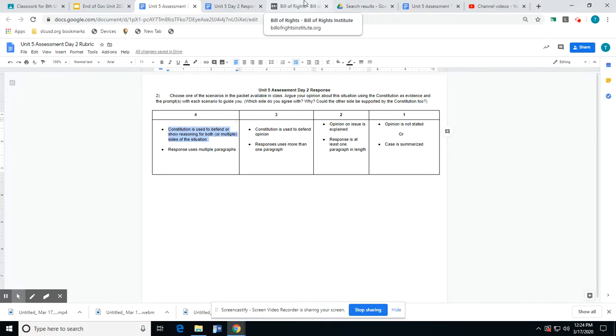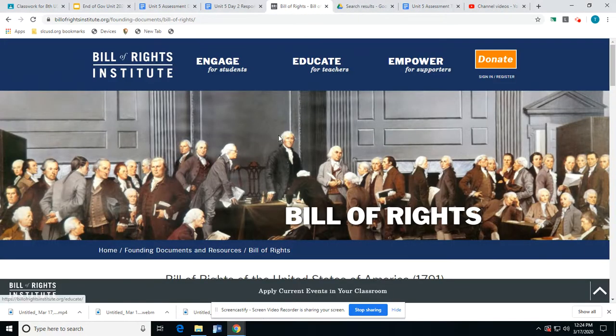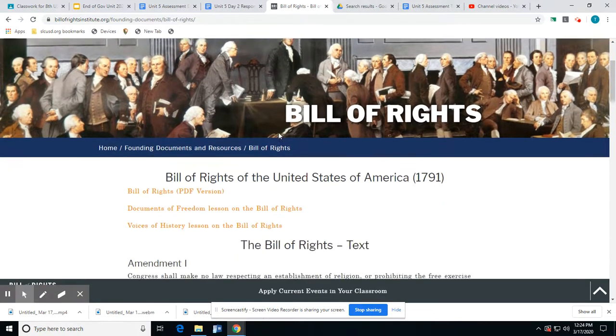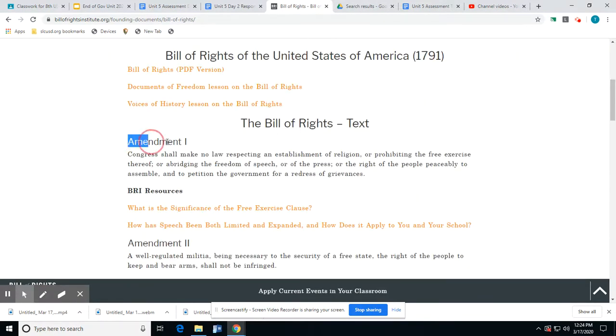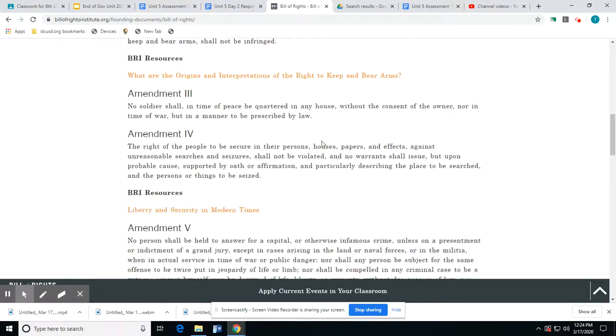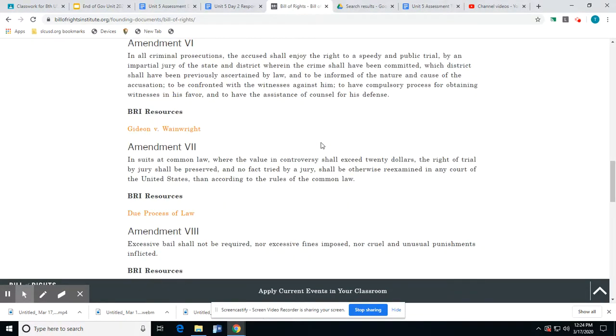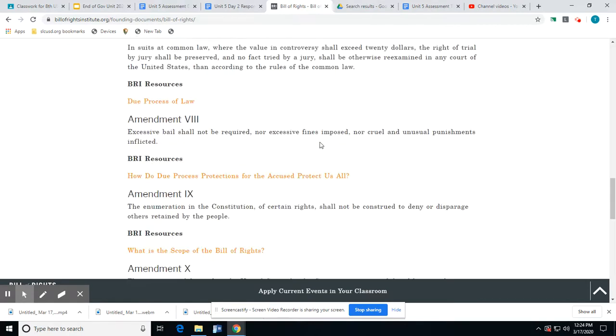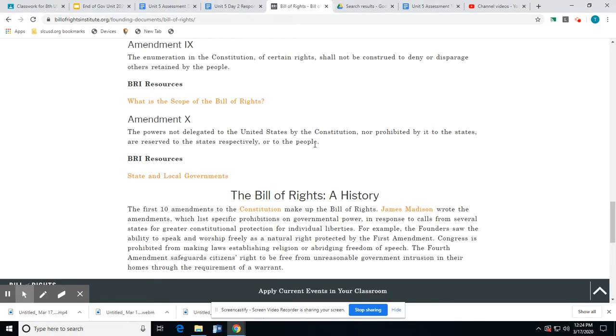To reference for the Bill of Rights, you've got the Bill of Rights Institute rather than a hard copy from me, definitely a benefit of the online experience. Each amendment in order 1 through 10. I'm not giving you the other 17 that would be available if we were using the full 27 to argue each side.